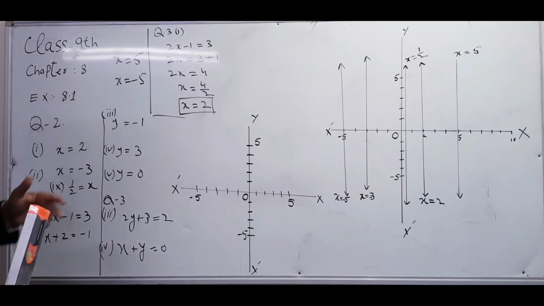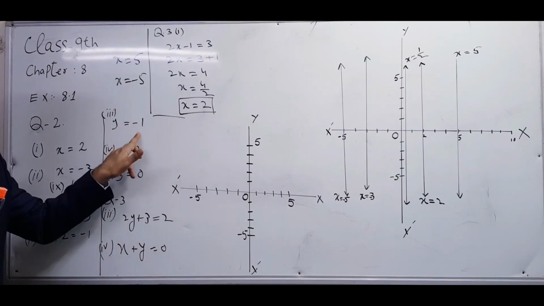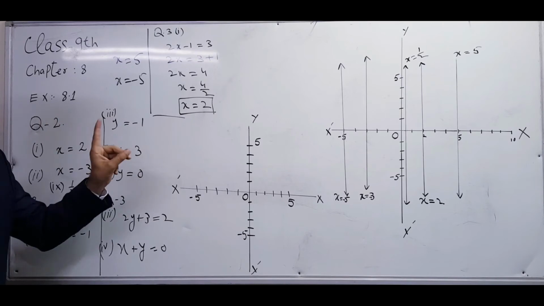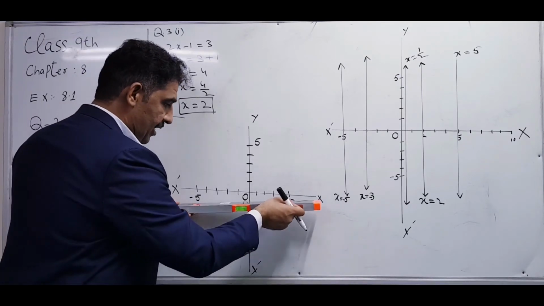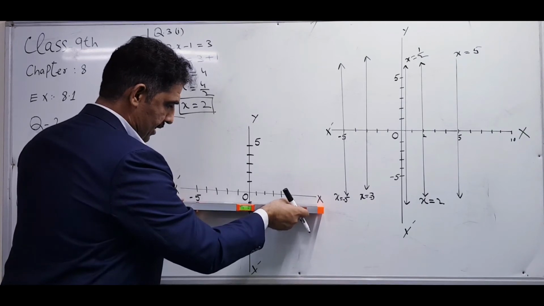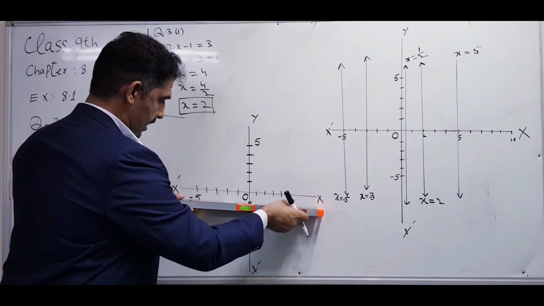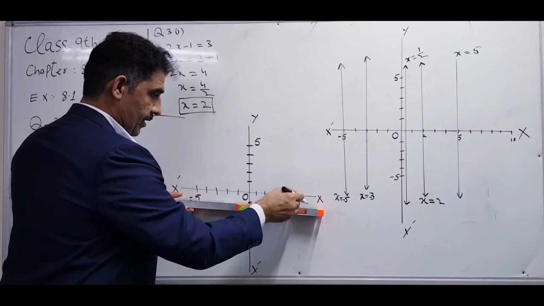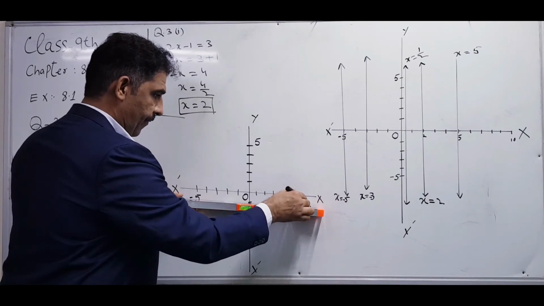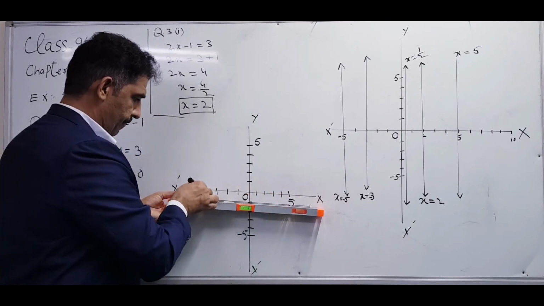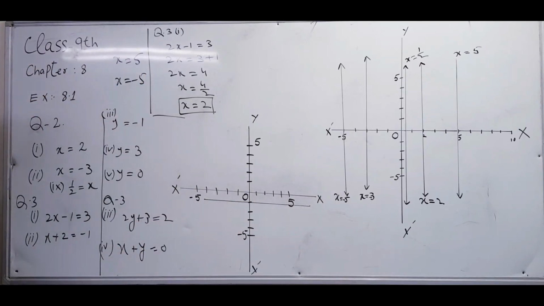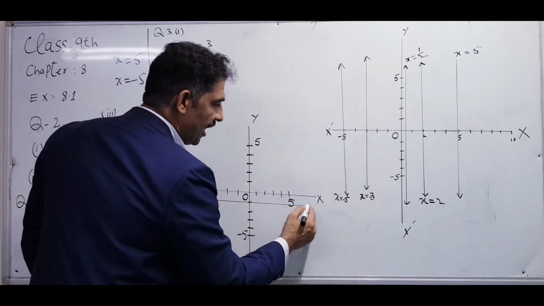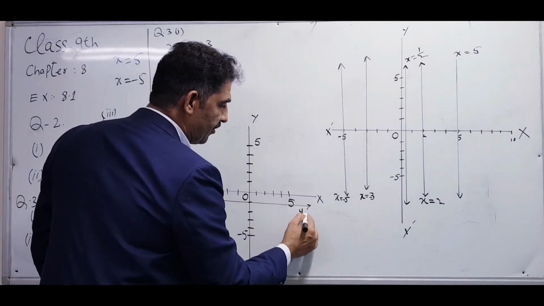Okay. What is y equal to here? -1. Single variable. The value of y is equal to -1. Where is that? Here. So you will write it here like this and draw the straight line. Is this line parallel to the x-axis or not? Parallel. Good. So write the name of this equation. Simple. y is equal to -1.